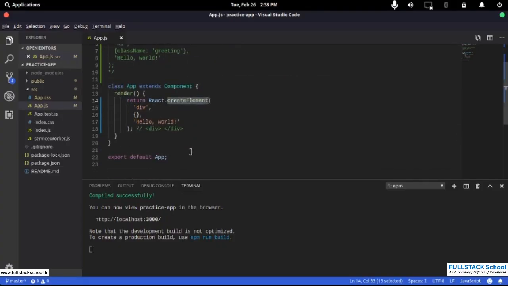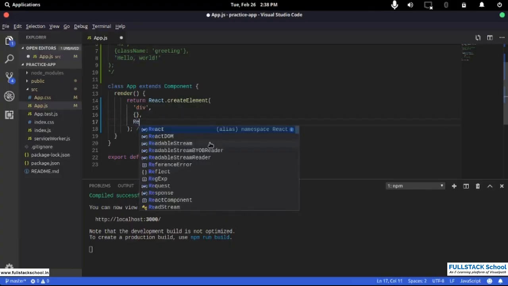Now this function has the ability to create elements that are created by JavaScript. So this method actually creates HTML but via a different syntax. So this is going to create a div, and inside that div there is going to be something called hello world. But if you don't want to do that, then what you can do is you can use another React